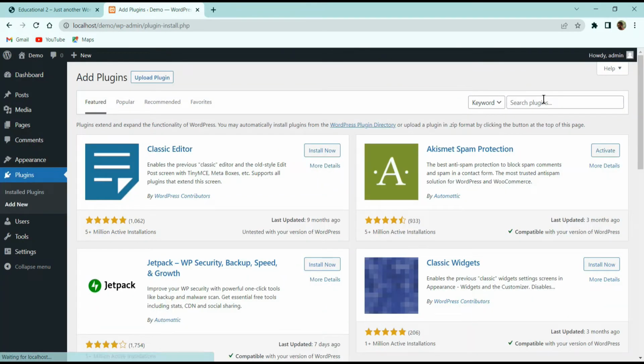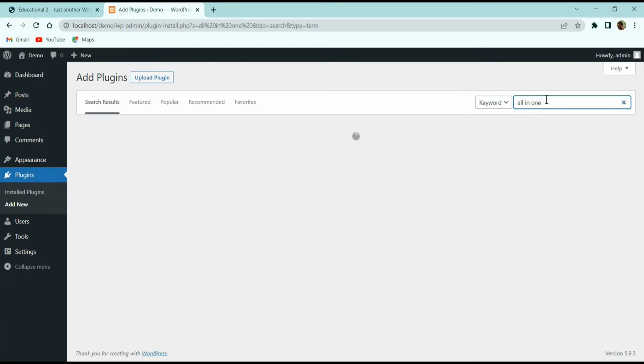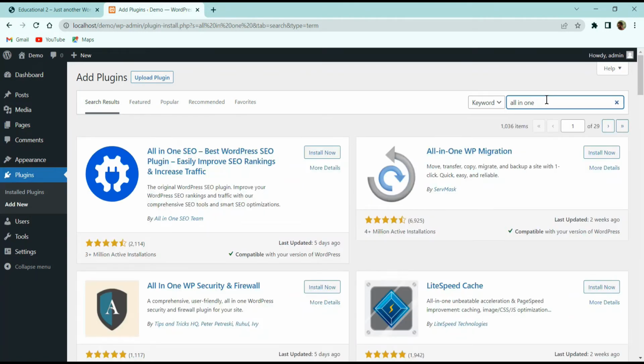On the right side you will find this search plugin option, and search here for all-in-one, and you will get a bunch of plugins over here, and the plugin that we are going to use is All-in-One WP Migration. Just click on this install now button and it will start installing. So here you can see that this is by ServMask,